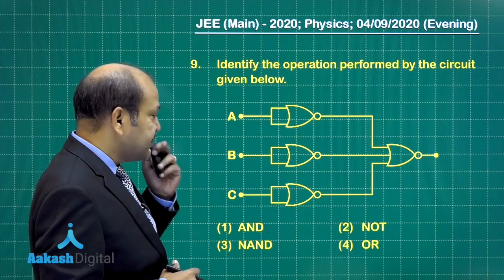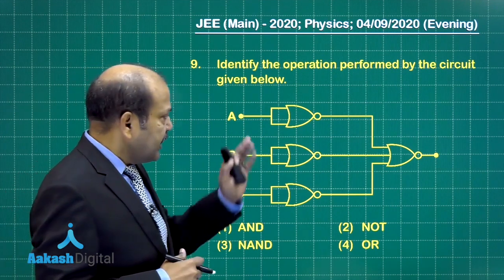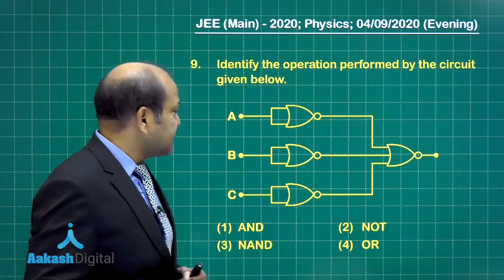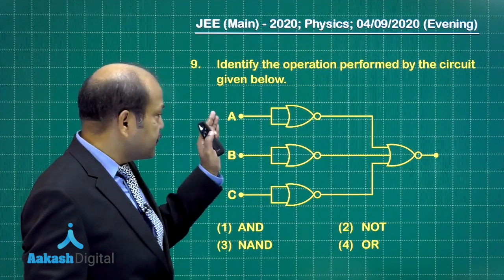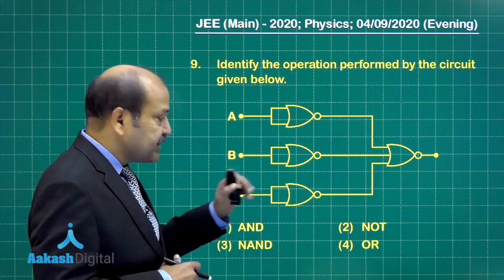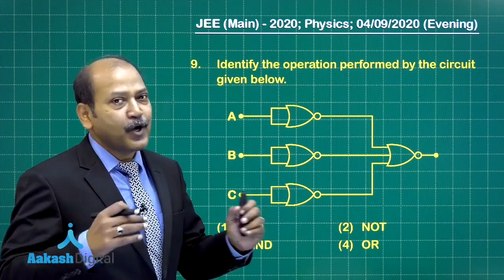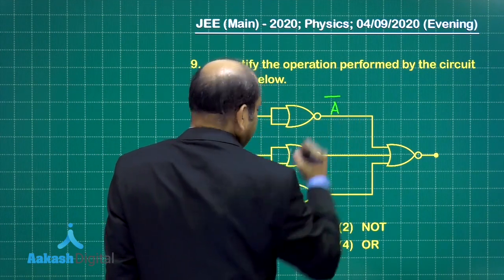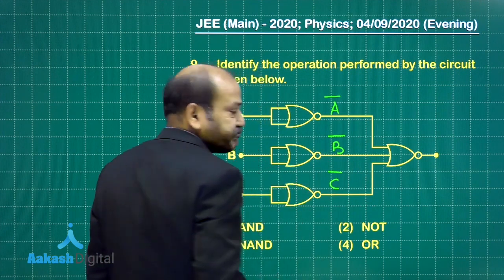So we have A, B, C, 3 inputs being given, and if we look at each of these gates, in fact they are behaving like a NOT gate. For example, if we put A as 1, we are going to get here 0, and if we put A as 0, here we are going to get 1 as the output. So that means each of these, in fact all 4 of them, are individually behaving like a NOT gate. So if we look at the output here, this is going to be A bar. Similarly, output here is B bar, and the output here is C bar, right?